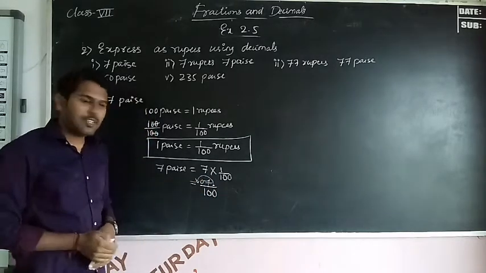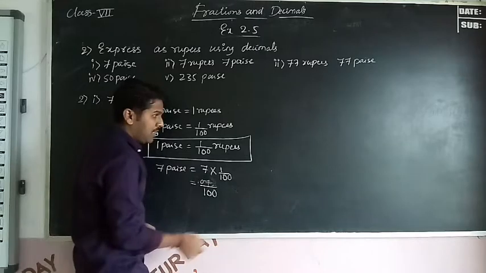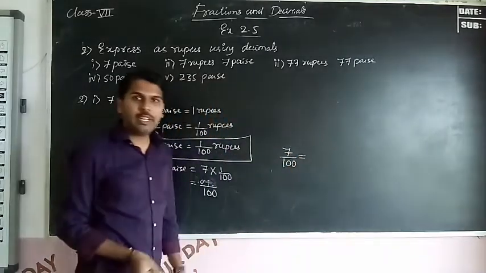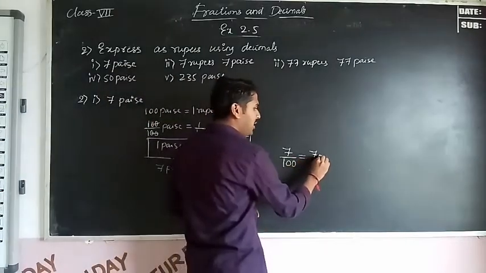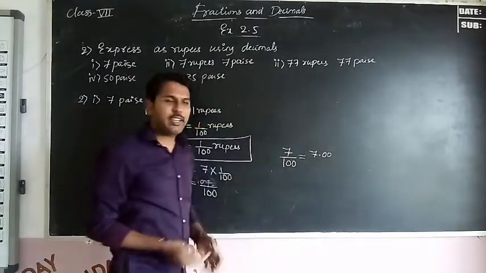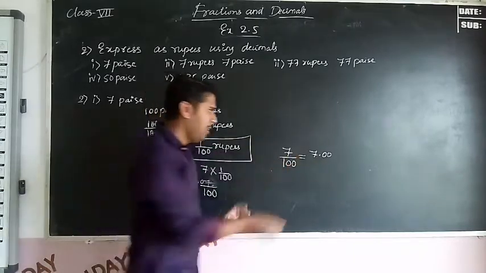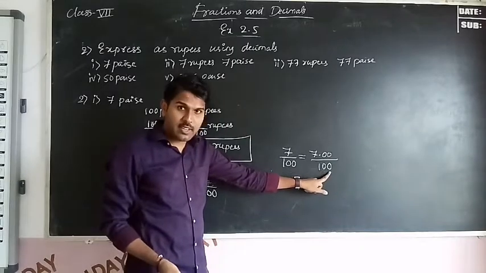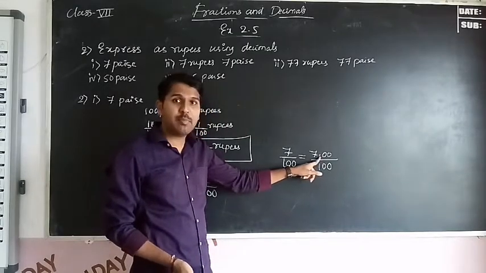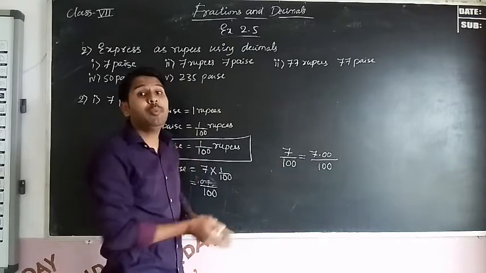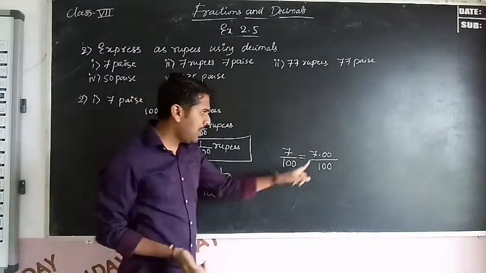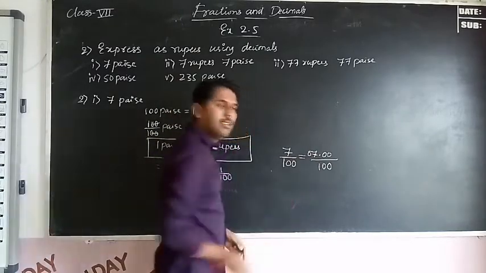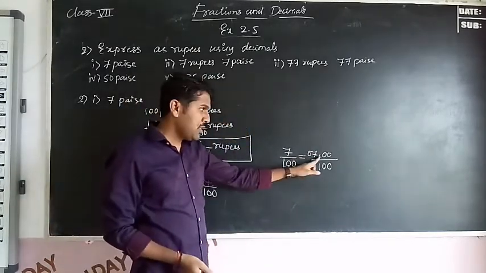Otherwise I will explain here. Here 7 by 100 is there, so we can write it as 7.00. We can write as many zeros as we like, I have taken only 2 zeros. Divided by 100, 2 zeros are there, so we should shift this decimal point to the left side by 2 places. But here only 1 place is there, that is 7, so take 1 zero extra here. Nothing will go wrong. Now shift it.